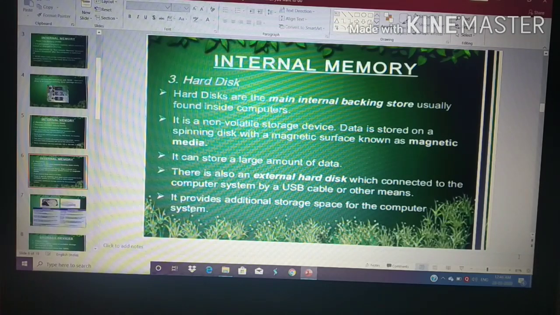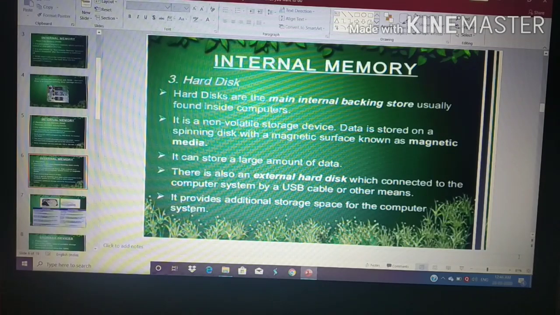Basically, the surface of the hard drives is made up of magnetic media. That's why it can store a large amount of data, unlike ROM and RAM, where a very limited amount of data can be stored, whereas in hard disks you can store a large amount of data. Nowadays, in the market you can find lots of external hard disks, and they are also popularly used, because compared to the internal hard disks, the internal hard disks are more vulnerable to damage, whereas external